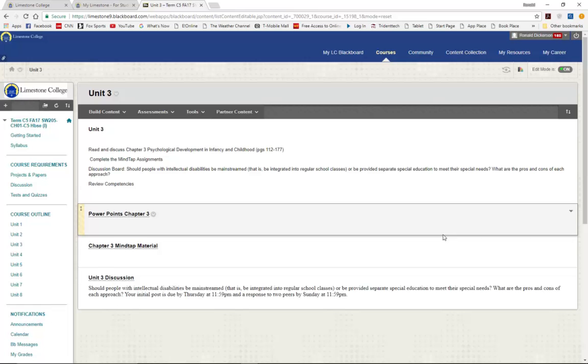Now, some students, when they miss an assignment, so if you forget to submit an assignment under papers and project, well, that assignment is also listed under the units. So if you input that assignment under units because you're late with it, I will not see that because it won't show up in gradebook. It will only show up as needing graded.